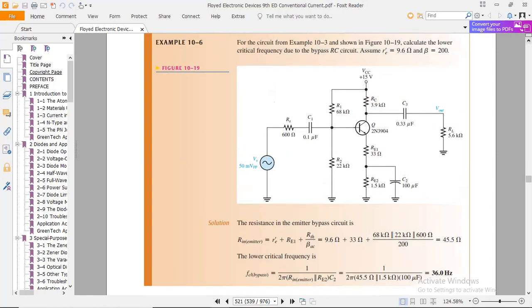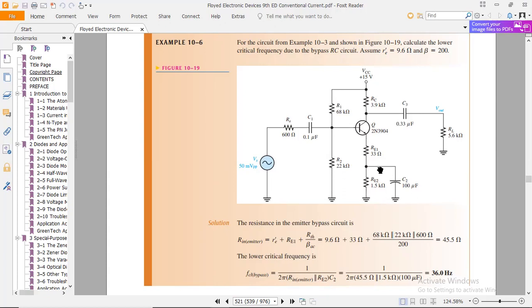So, today we are discussing the third question of assignment 2, and hopefully you all know about the lower cutoff frequency aspect. We already discussed the input side of the amplifier, and in the previous session we found the lower cutoff frequency. Now this is the third capacitor for which we have to find the lower cutoff frequency.